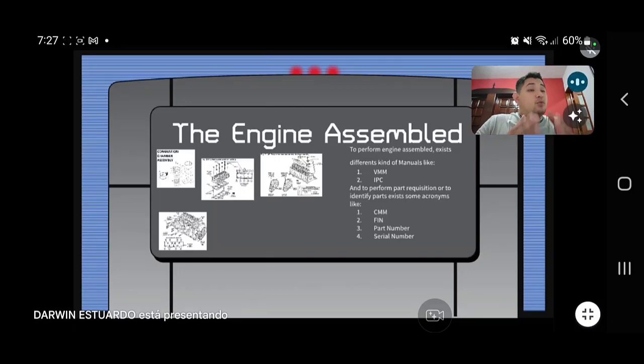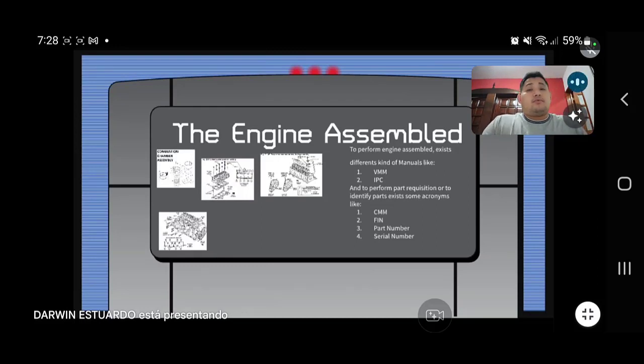Why? Because the manual gives the instructions step by step on how you can perform that. Sometimes you might say, well, I will put this first because it's easier for me, and afterward I will continue with another part. That's wrong. Why? Because the manual gives the instructions step by step on how you must perform the maintenance to install rings, pistons,